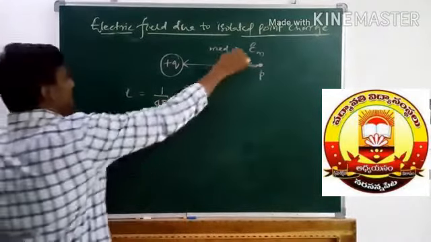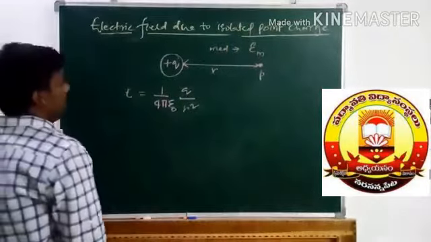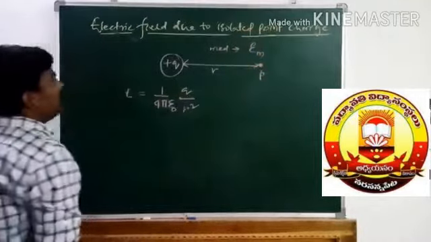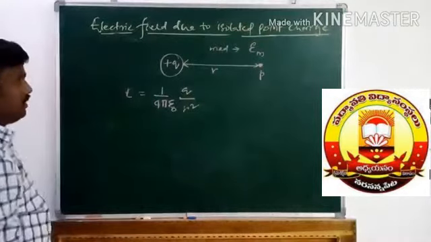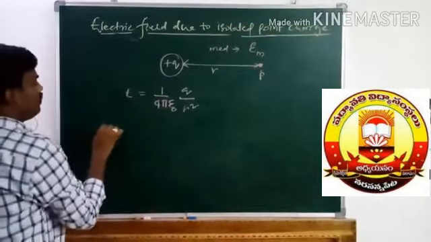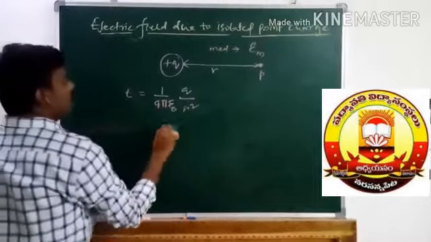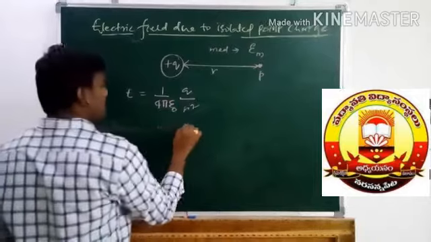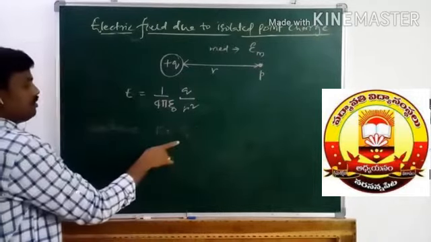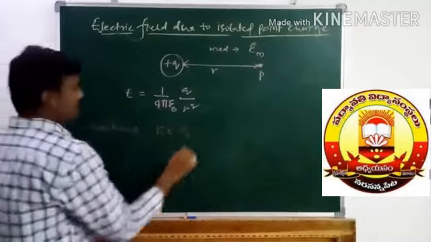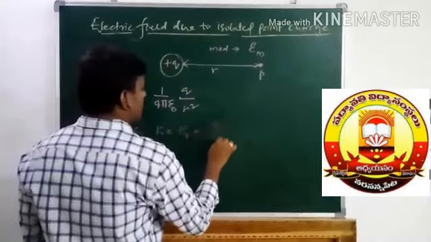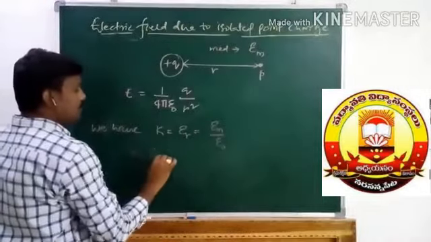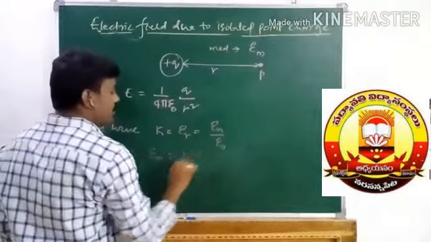From this information we can write this epsilon m in terms of relative permittivity. Already we have a formula that K equals epsilon r. This is what we call relative permittivity, which equals epsilon m by epsilon naught. So from this equation we can write epsilon m equals K into epsilon naught.